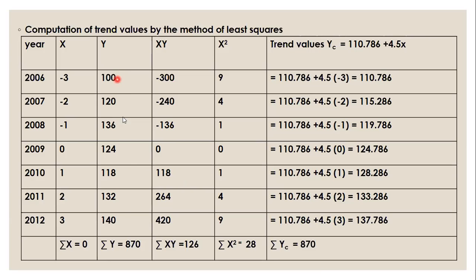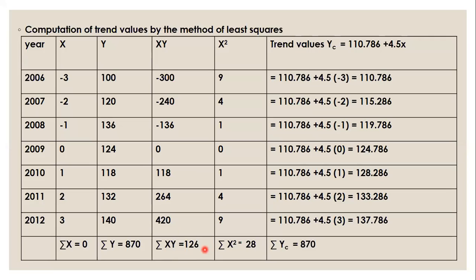So the y values, whatever is there, we have considered as it is. So sigma y is equal to 870, and sigma x here will be 0, because 0 is in the center. 1, 2, 3 and minus 1, 2, 3 will nullify each other, so it is 0. Now the next procedure remains the same. Multiply x and y, and you'll get minus values. Then for 2009 you'll get 0, and for the next 3 years you'll get positive values, and the total of that is